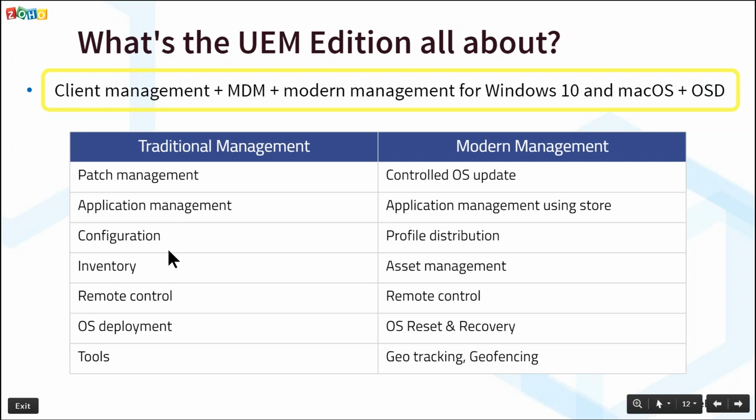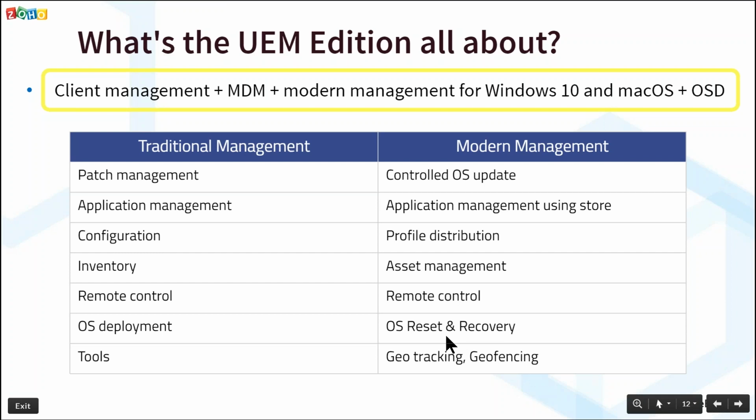Similarly, endpoints can also be managed with modern management. All modern operating systems support modern management. It supports features like geo-tracking, geo-fencing, managing your store applications, profile distribution to enhance the restrictions, operating system reset, and recovery. Can you guys guess the popular operating system